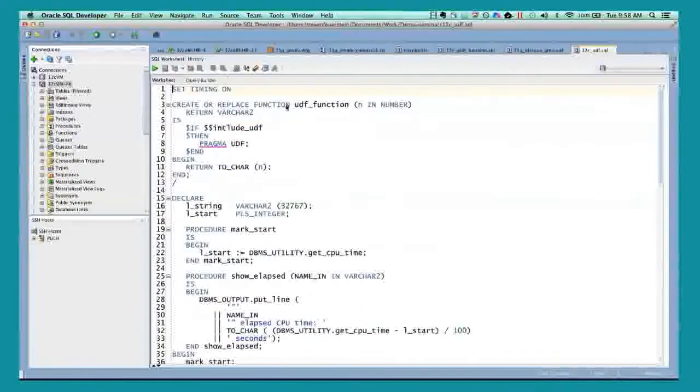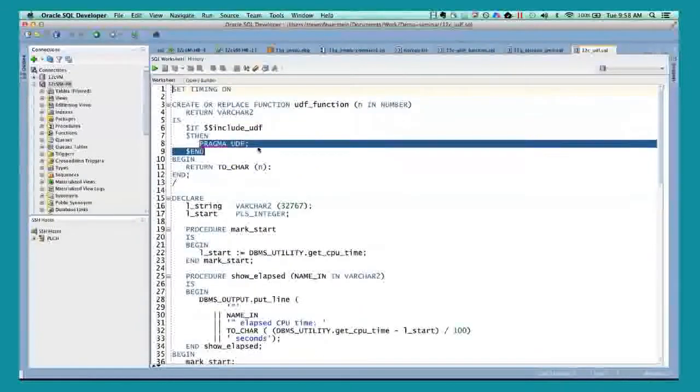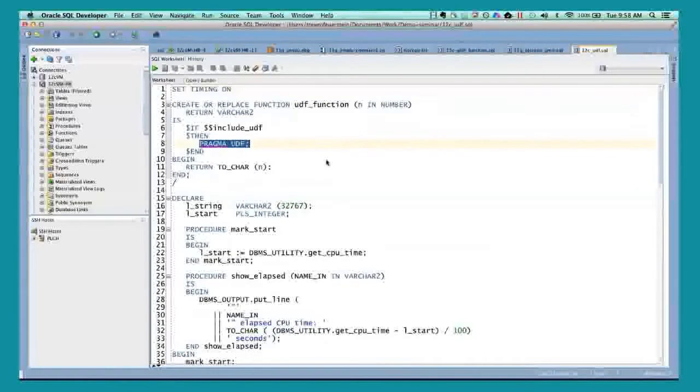So in 12.1 and higher, you can add a pragma UDF. It's a compiler directive, a command to the compiler. What you're saying when you add this pragma is, hey, PLSQL compiler, I am almost always going to call this function from within SQL. It's a user-defined function, they all are really, but anyway, a UDF from the context of SQL. I'm always going to run it in SQL, so why don't you prepare it for me?